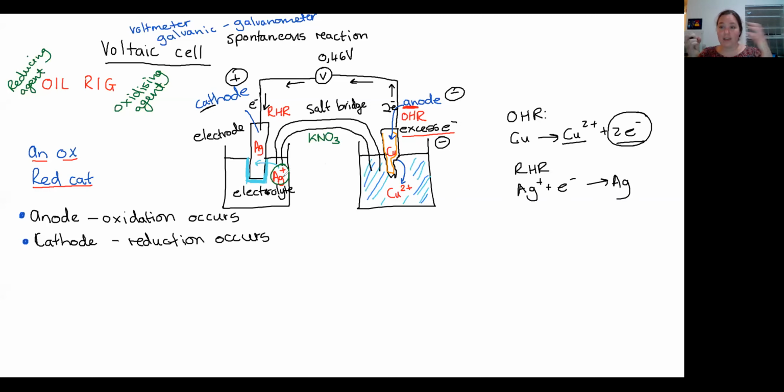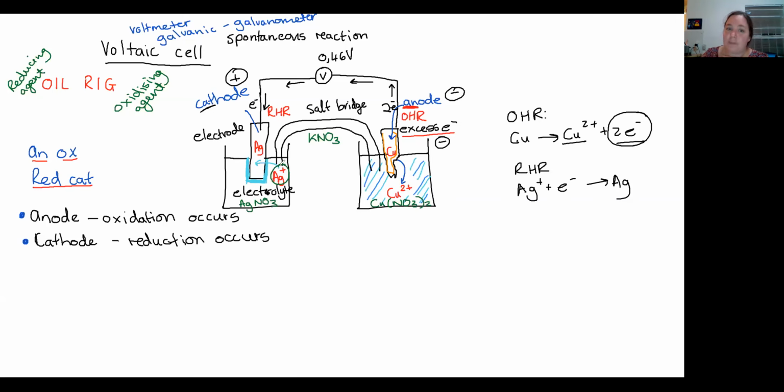Precipitate means the silver and the chloride join together, and as a solid, they leave the solution and we end up with absolutely no electrolyte left in solution. So what will happen here within the salt bridge is effectively we won't just have Ag plus and Cu2 plus. We'll actually have a solution. So this won't just be copper 2 plus. This here will usually be copper nitrate. Okay, so we've got to have a source of copper 2 plus, but it could be copper nitrate, copper chloride, any copper electrolyte. Over here, this won't just be Ag plus. This will be